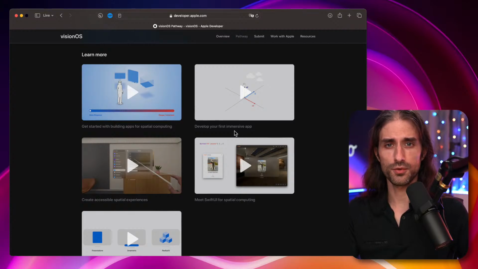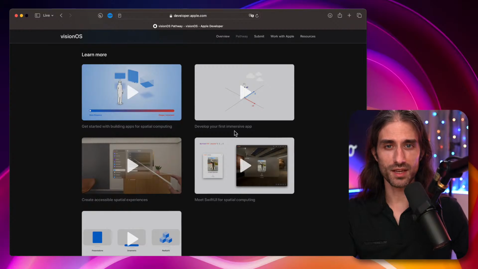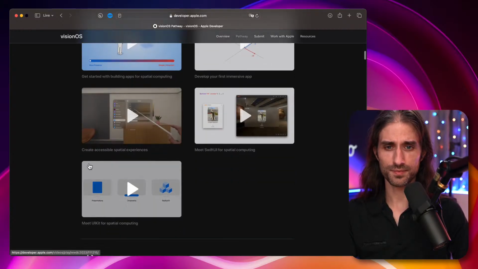Some apps are not on the Vision Pro, like the mail app is not immersive, and arguably it has no reason to be. No one wants to be immersed in their emails. It feels more like a nightmare than a use case you would want to have. But some apps can be immersive, and then it's a bit different to develop for an immersive app.